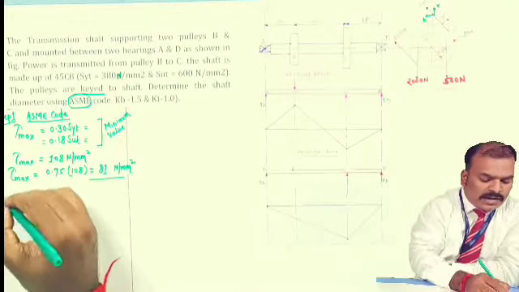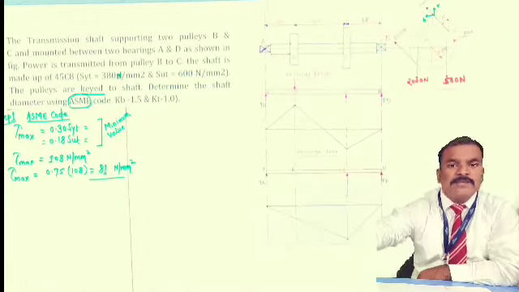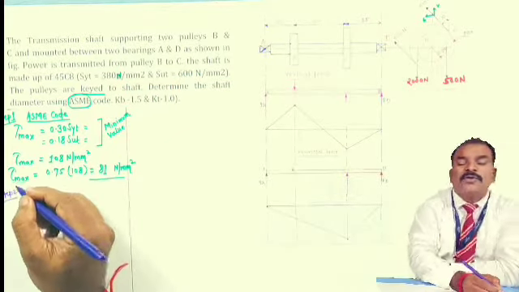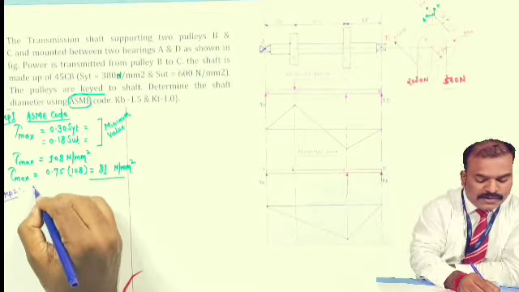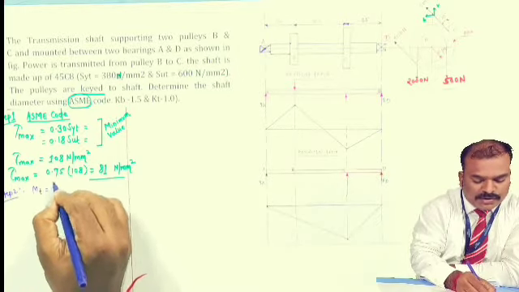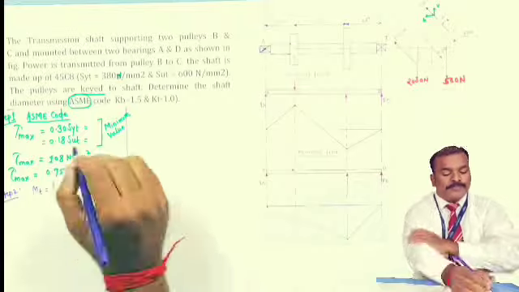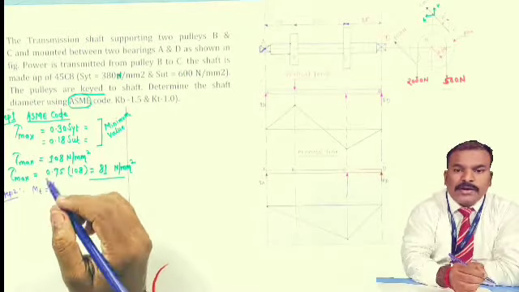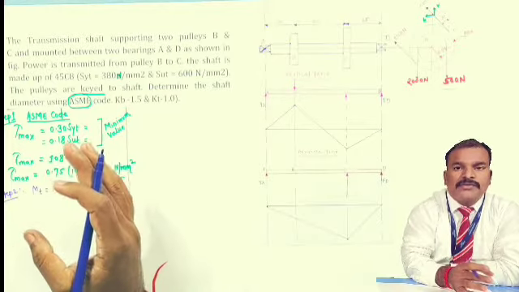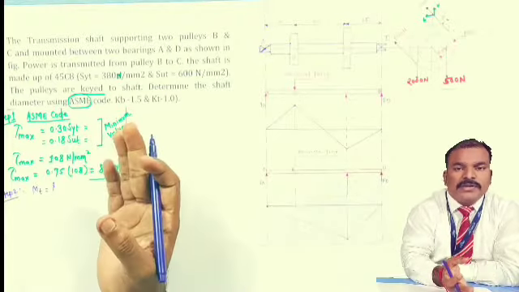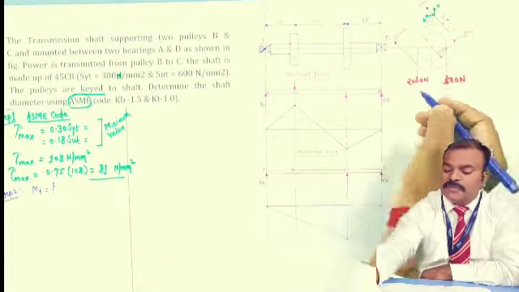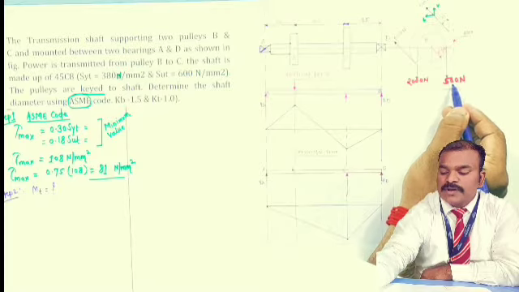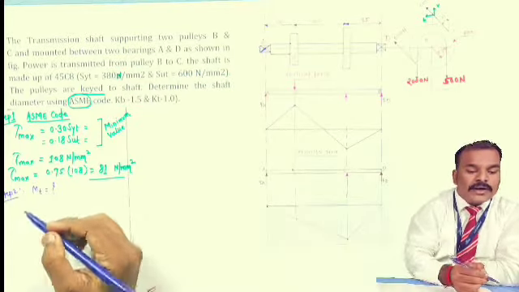Now we'll move toward our sequential step, that is step number 2. Step number 2 indicates calculation for torque, very important. So I'll write MT, calculation of the torque. While calculating the torque, we cannot use our regular equation as we have seen in the previous numerical. We'll have to use the tensions, because they have given tension on the tight side for the smaller pulley and bigger pulley.